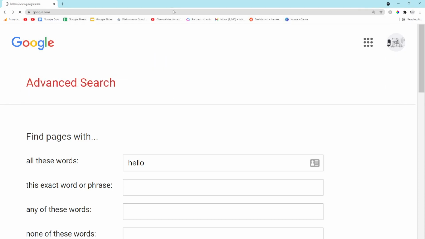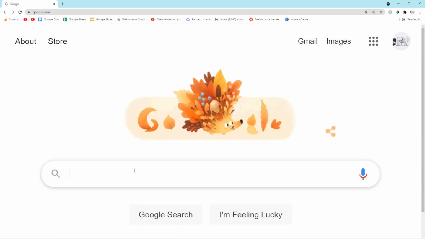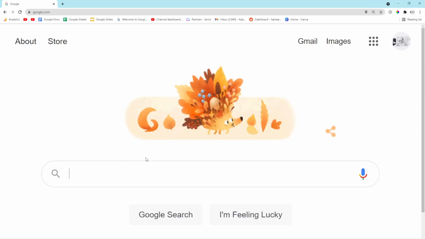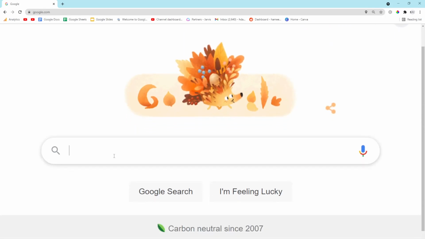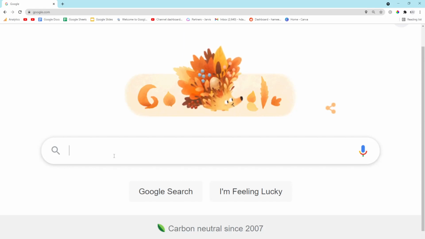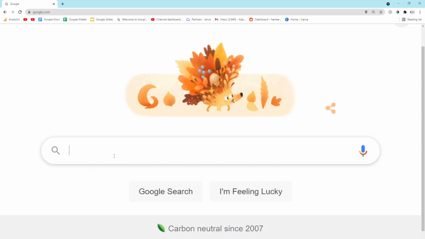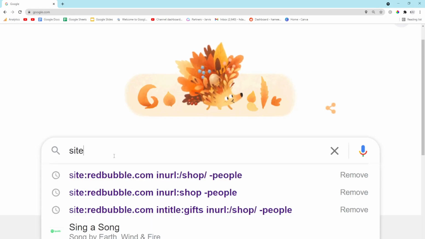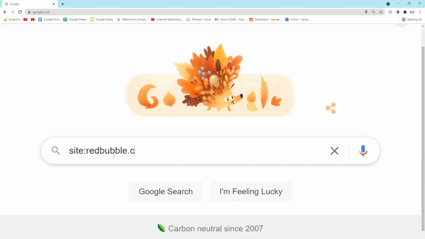So let's talk about what that actually looks like first of all, and then we'll talk about the improvement that I've just discovered for search operators. So how do we create a search operator? I've already got it on my Google drop-down, but the first thing you need to do is tell Google which website you want to see results from. So I'm going to write site redbubble.com,